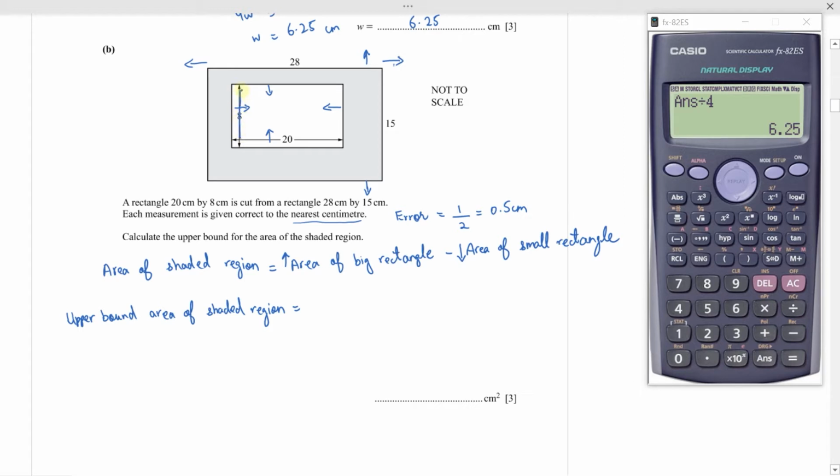So this will be the smaller version of this inner rectangle. How can I decrease the length and width? I will take the lower bound for this 20 and the lower bound for this 8 as well. So this is 8 and this is 20. So to increase the area of this outer bigger rectangle, the area is 28 times 15, but